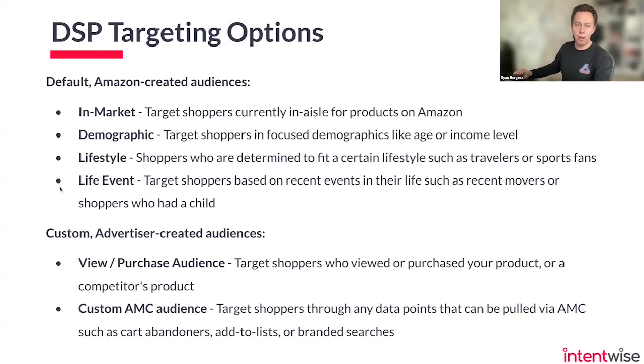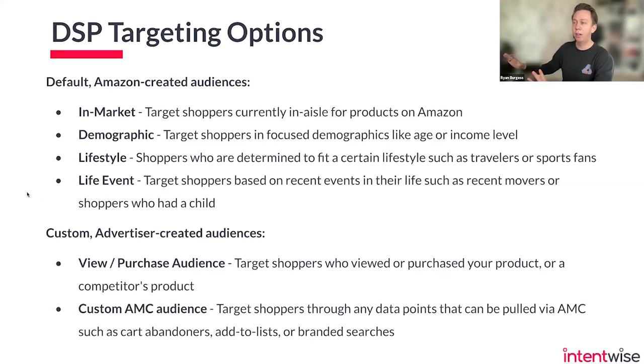And then lastly, we have life events, and this one's pretty cool as well. This is a little creepy if you don't like your data being shared, though obviously it's not going to expose you individually. Amazon allows you to target shoppers based on recent events in their life, such as if you've recently moved, are expecting a child, or if you have kids in the home or don't. These are things they are able to deduce from information about your shopping behavior or your Amazon account, and they make it available to advertisers. So by default, Amazon's created audiences are extremely powerful. We'll get into some use cases of how these are actually implemented. But Kenton, do you want to cover some of the